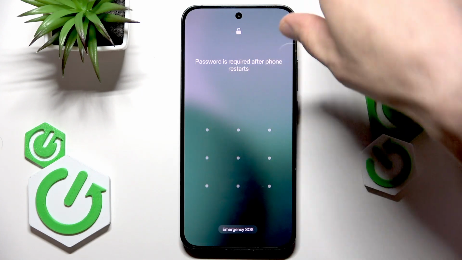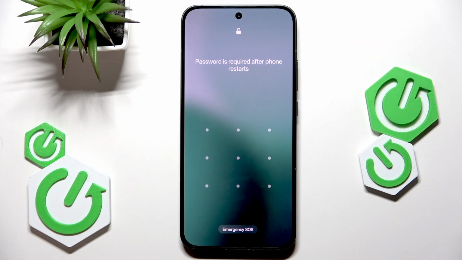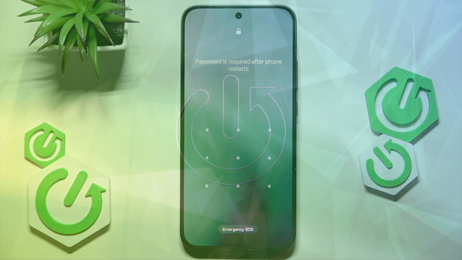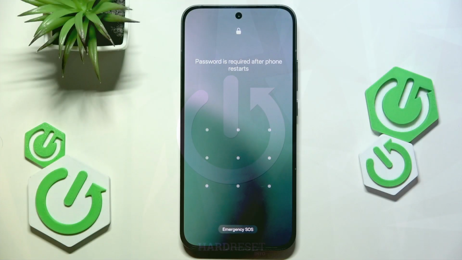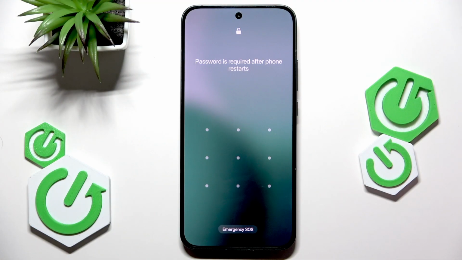Welcome. In front of me is OPPO Reno 14 5G, and in this video I will show you what to do if you cannot access your device using your lock screen password. So in case you forgot it and there is no chance that you can remember the password that worked for you the last time, then the best decision would be to contact OPPO Customer Support service and tell them about